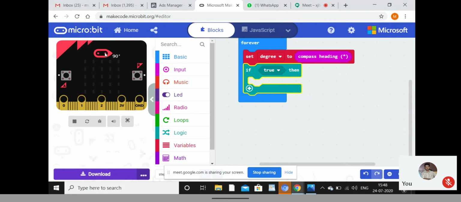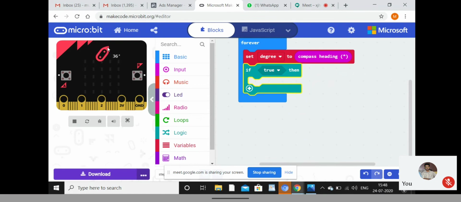See, keep this block here now. This is 90 degrees, right? Which side? Right side. No, I'm asking north, east, west, south. Which one? East side, ma'am.